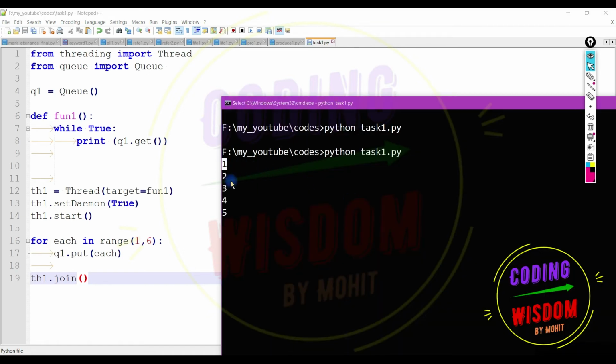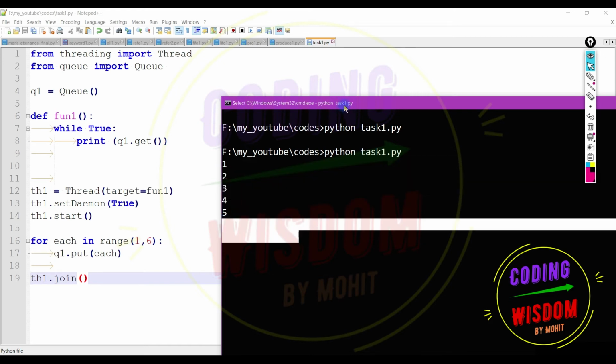Okay, the join method. I'm using the join method, but the problem is that if I use the join method, it has the power to stop the main thread, even with a daemon. Even though we are using the daemon thread, there is still a problem. We are getting the values, but the problem is still the same. The program is not getting terminated.